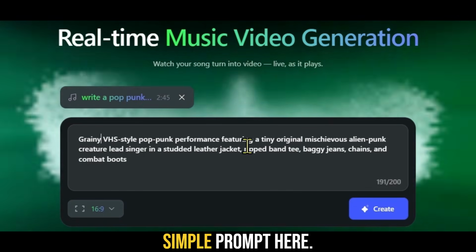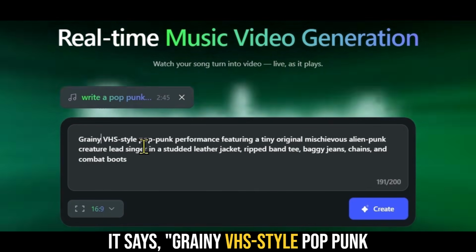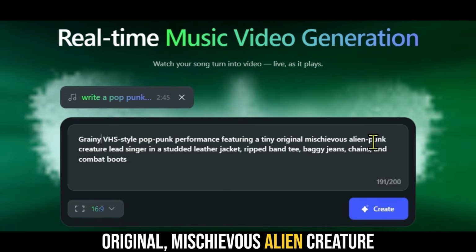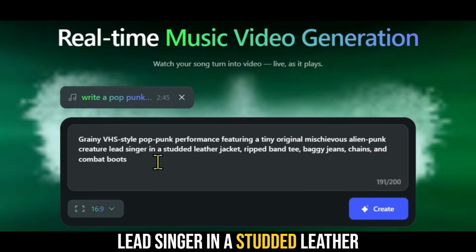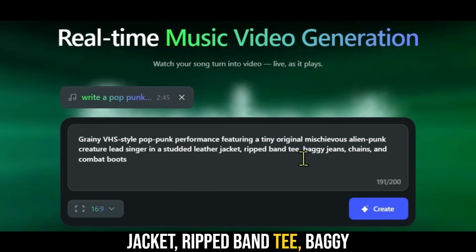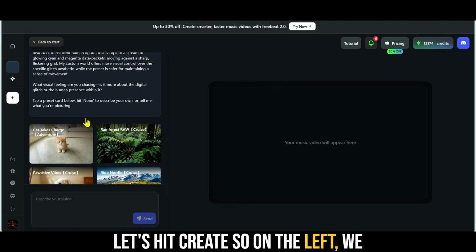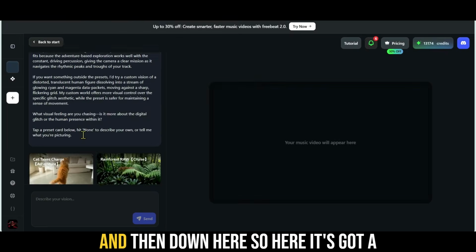I'm going to paste in this simple prompt here. It says grainy VHS style pop punk performance featuring a tiny original mischievous alien creature lead singer in a studded leather jacket, ripped band tee, baggy jeans, chains, and combat boots. Let's hit create. So on the left, we can see the prompt that we used, and then down here,